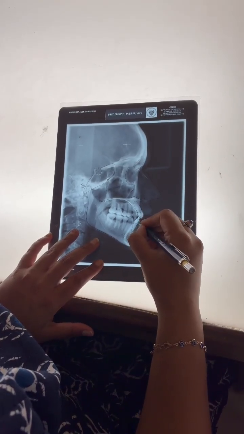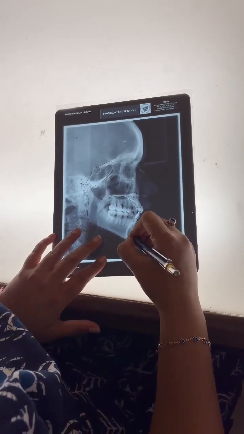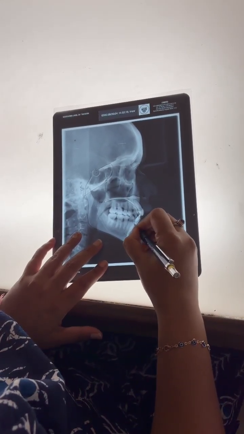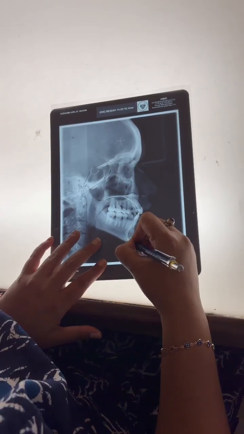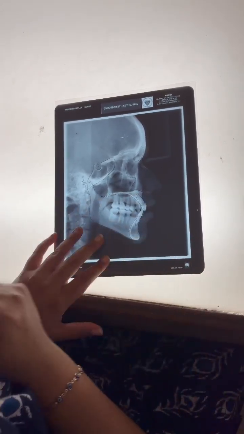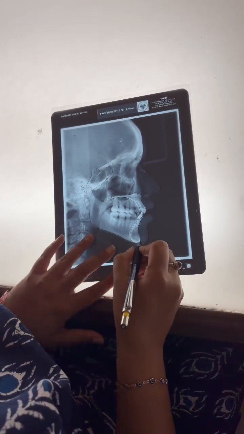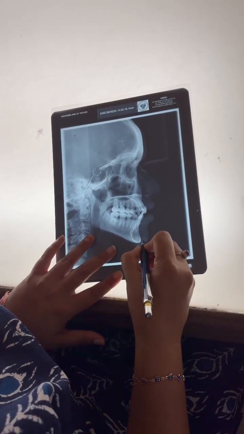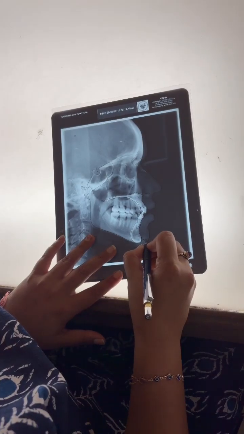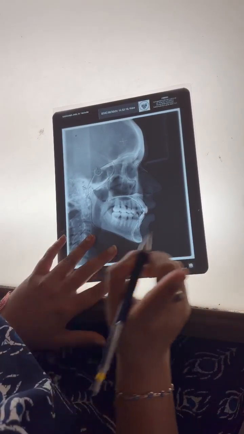Okay. Any doubts? No. Understood? What will come? What is this region of yours? Symphysis. Symphysis. And what is your soft tissue landmark here? Soft tissue we call it as chin or pogonion. Correct. So the most prominent part becomes your pogonion here. And for soft tissue, the resembling part becomes pog dash, which is also known as your